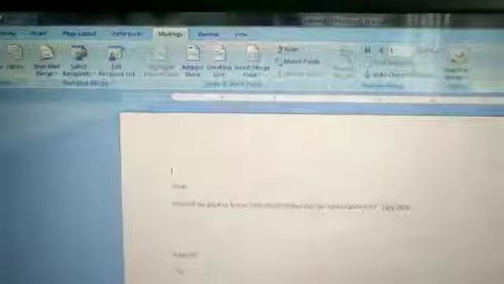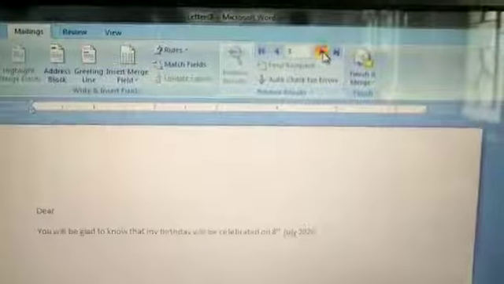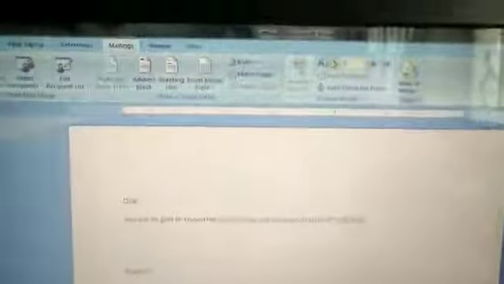So I am taking this file. If you have saved the list, it will show it over here. I am clicking this one and then clicking Open. See how many records: 2, 3, 4, 3. Only 3 recipient addresses are there.